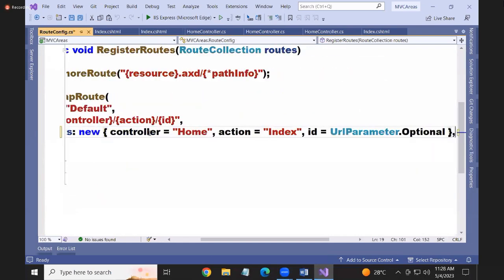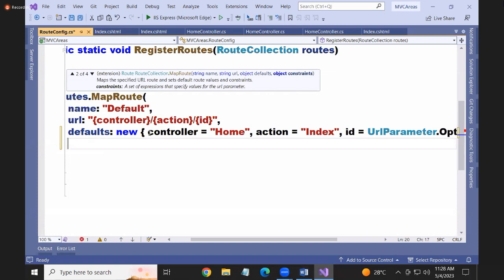We have another overload here that takes namespaces as a parameter. See, till now what are we using? We are using the overload which takes name, URL, and default as parameter. Yes or not? Which takes 3 arguments. What are the 3? Name, URL, default. Now we are using another overload which takes name, URL, defaults, and